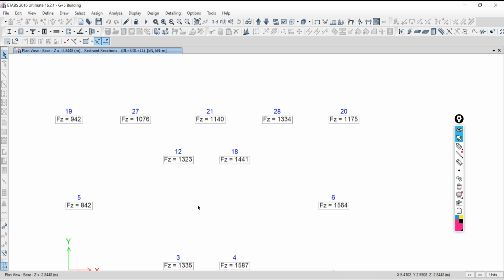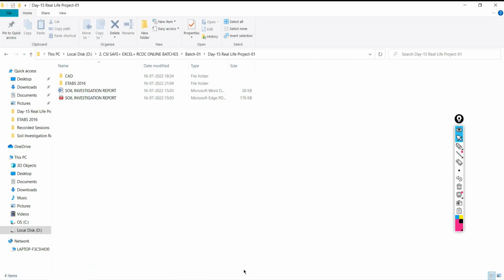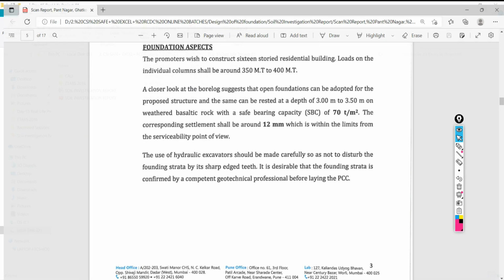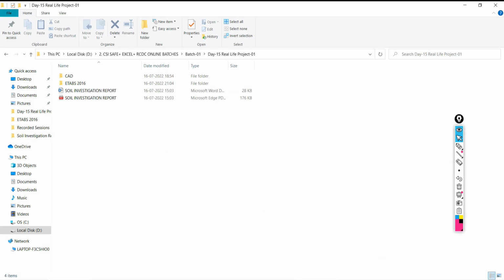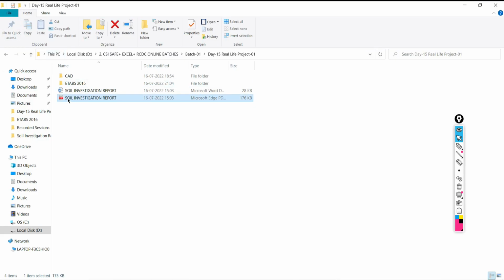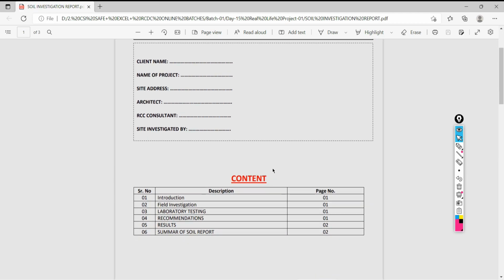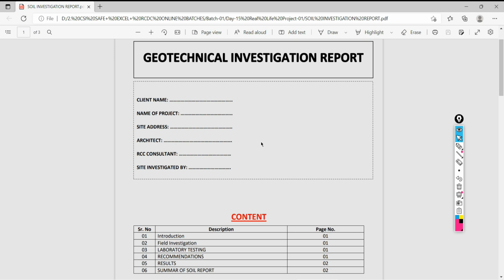Soil investigation report. So we need to look at your soil investigation report. I have prepared, I am not getting the exact report for this project, but I know the bearing capacity and all for this project. So see, just for the reference, this soil investigation report I am having. Is it visible? Yes, sir. Okay, let's consider this for that project.